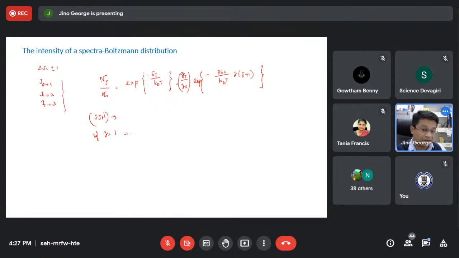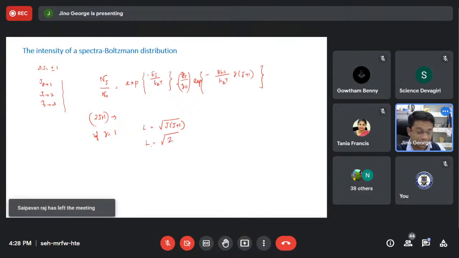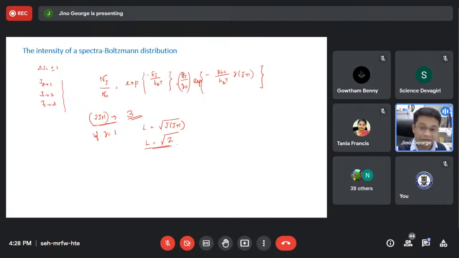What happens here, the L value will go as under root of j into j plus 1. Let me see, something is wrong. When j is equal to 1, it will be 1 into 2, that will be under root of 2. That's the energy. And the degenerate states will be, as I mentioned, 2j plus 1, that means 3. So you get 3 degenerate states and the energy will be under root of 2, and so forth. That I will skip, but